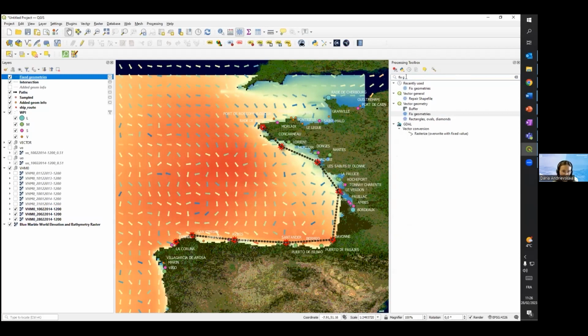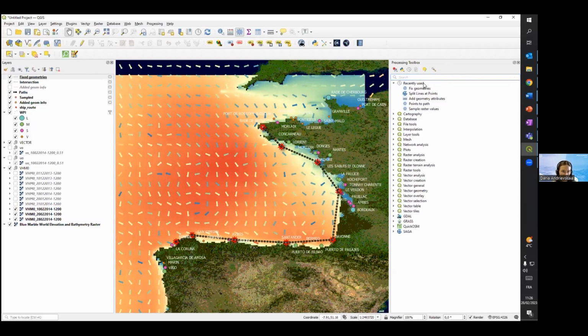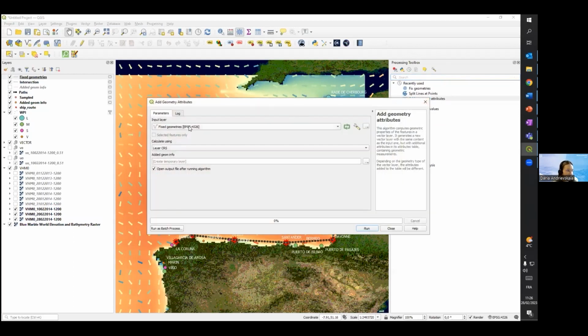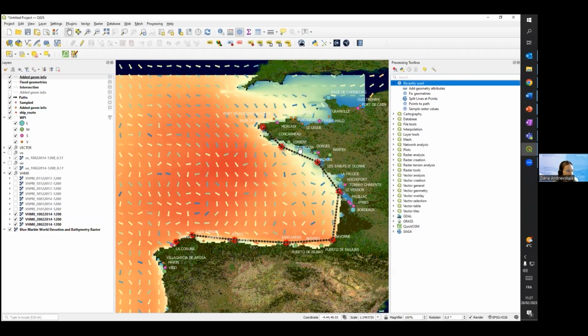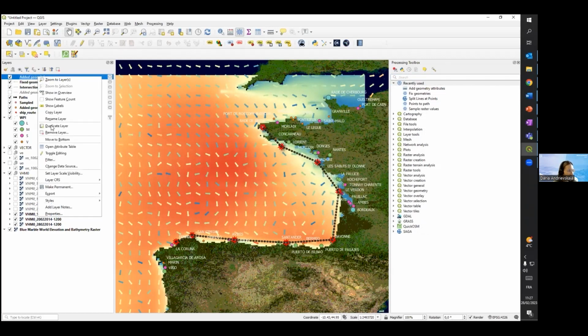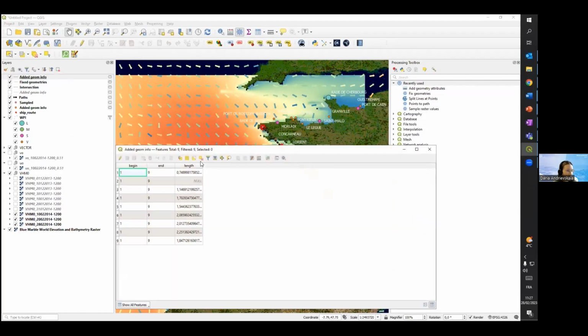For this, we do the same as we already did. We go to recently used and we see add geometry attributes. We already did it, so we do it again. We use fixed geometries, we put ellipsoidal, run, close. New layer, open it, and now you see